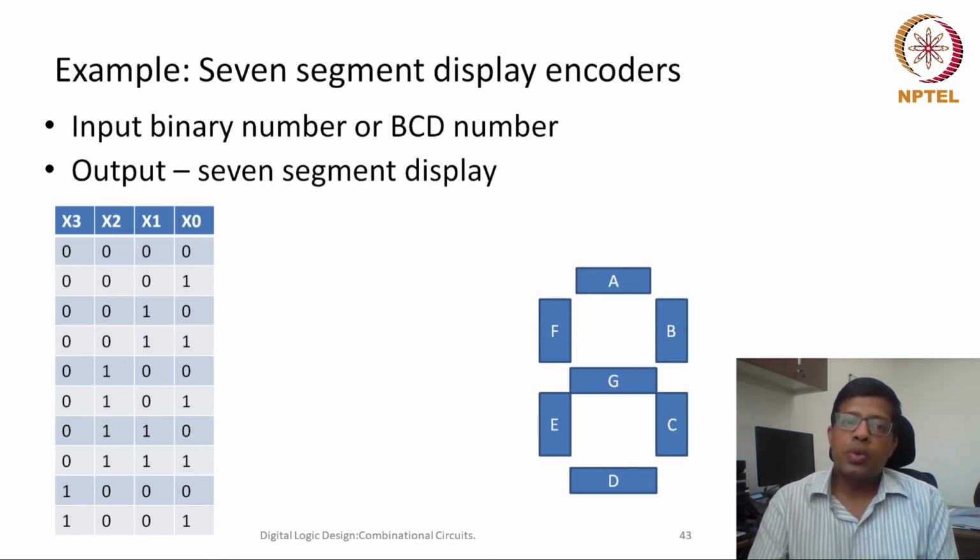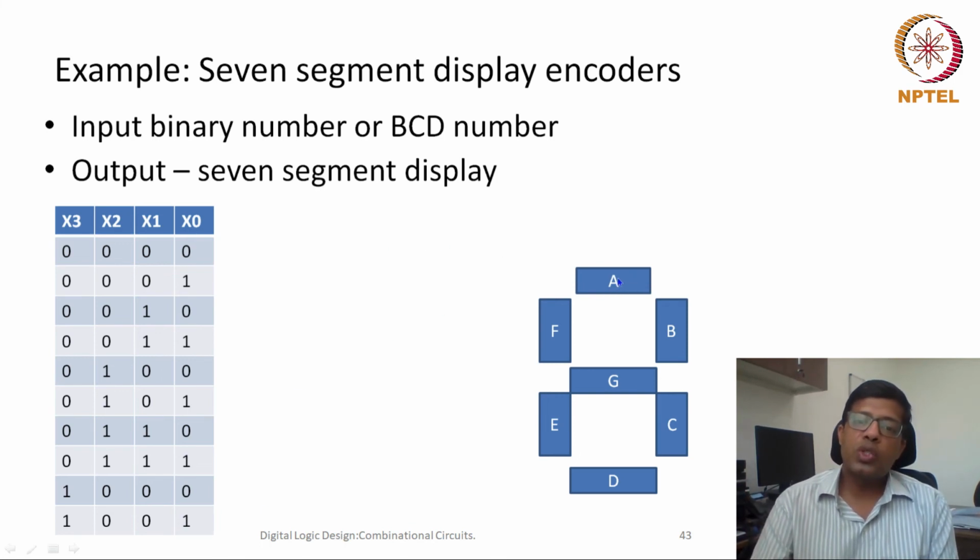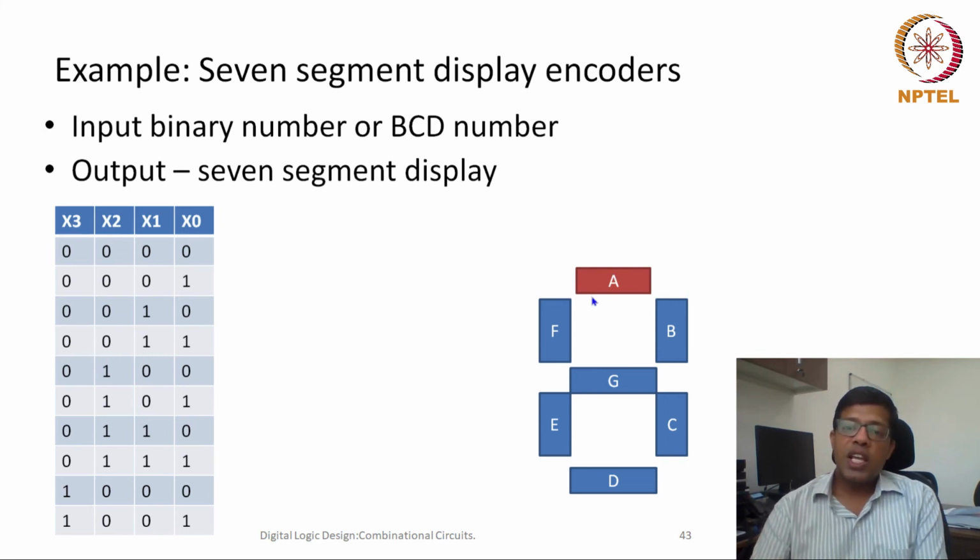So what this encoder will do is try to determine the values of A, B, C, D, E, F, G. Basically these 7 values correspond to my 4 inputs. Now all of these 7 outputs have to be decided one by one. So for example, I need to know the value of A. For A, I need to see from 0 to 9 where A will be lit, as in be on.